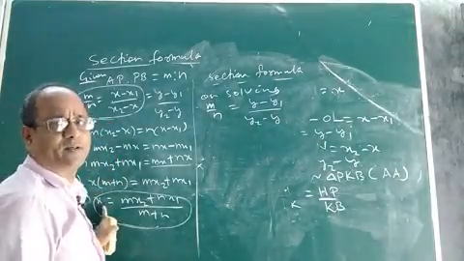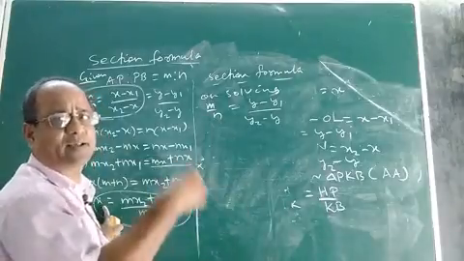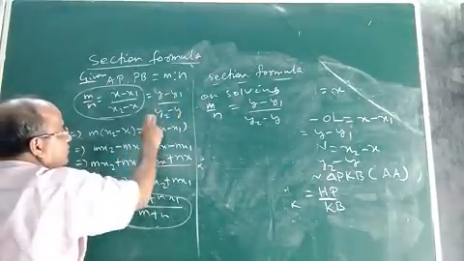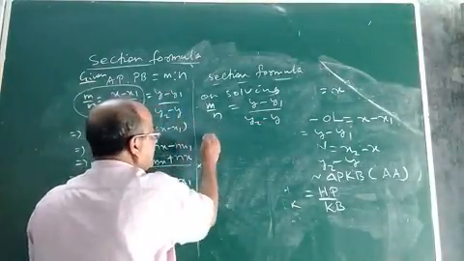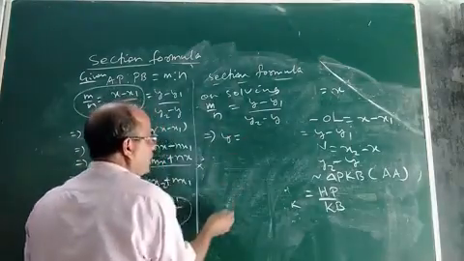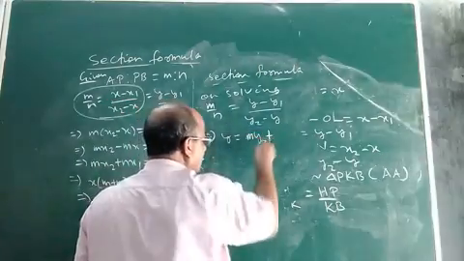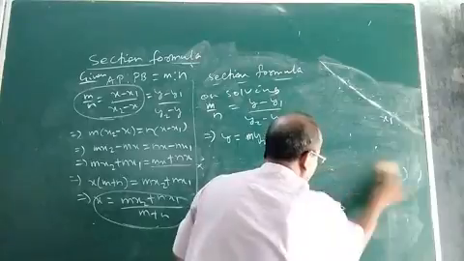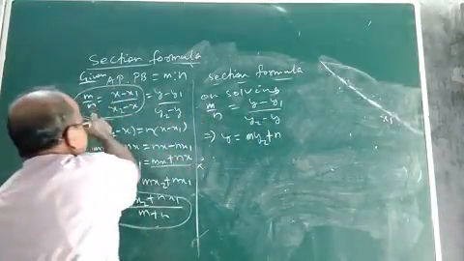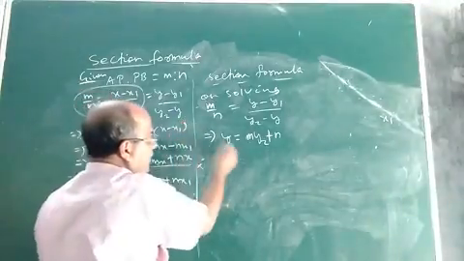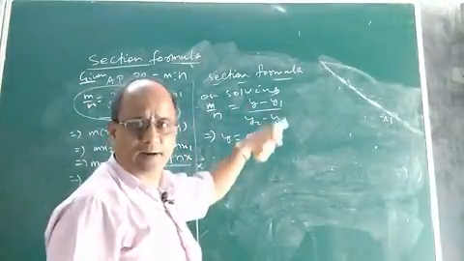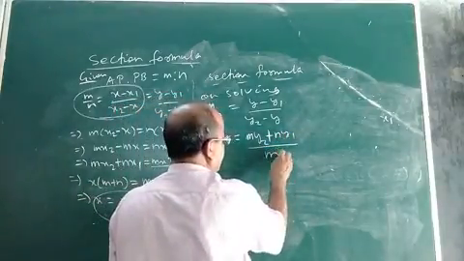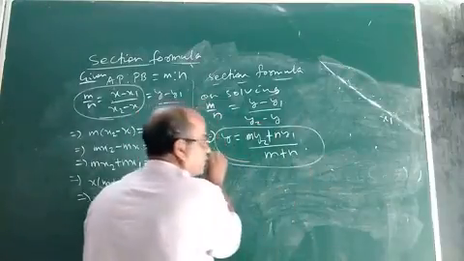We got the X coordinate of the point P, which divides the line segment AB in the ratio M is to N. Now in a similar manner, if you take M by N equal to Y minus Y1 by Y2 minus Y, and if you solve it, on proceeding in a similar manner and solving, you will get the value of Y as My2 plus Ny1 divided by M plus N. So you see children, we got the Y coordinate also.